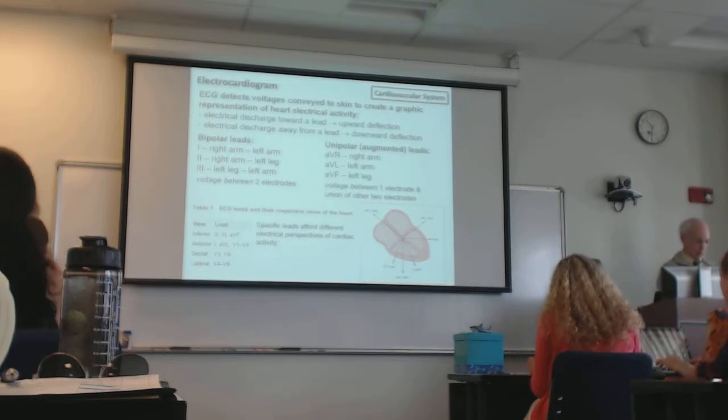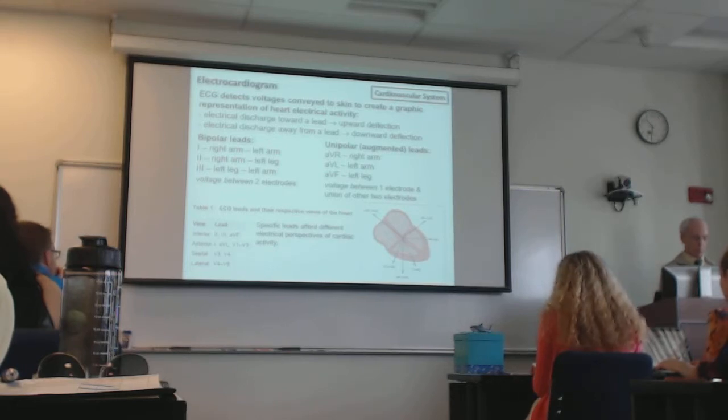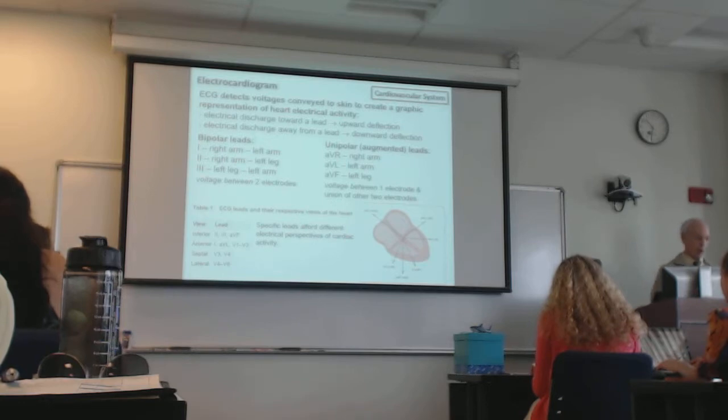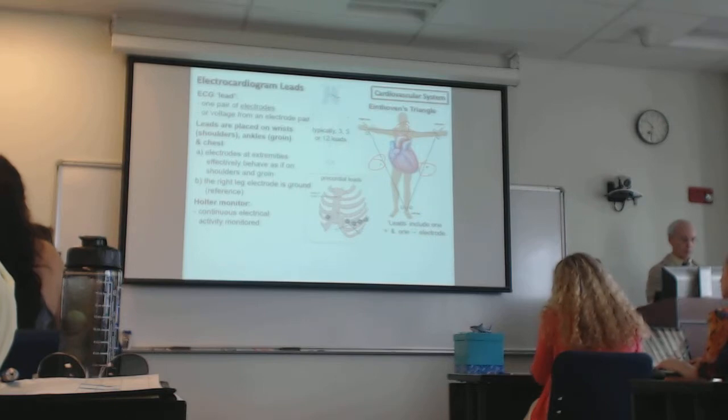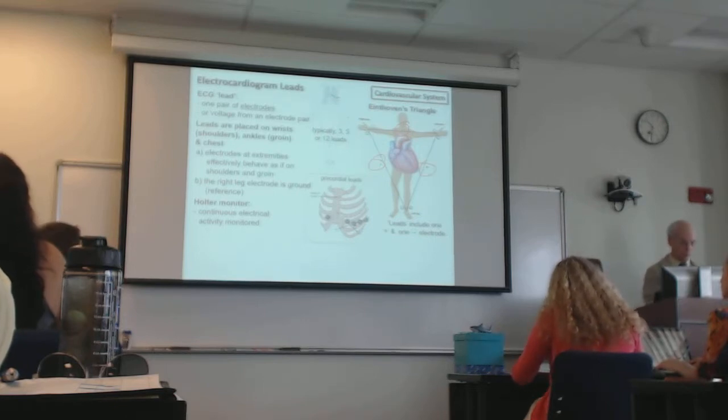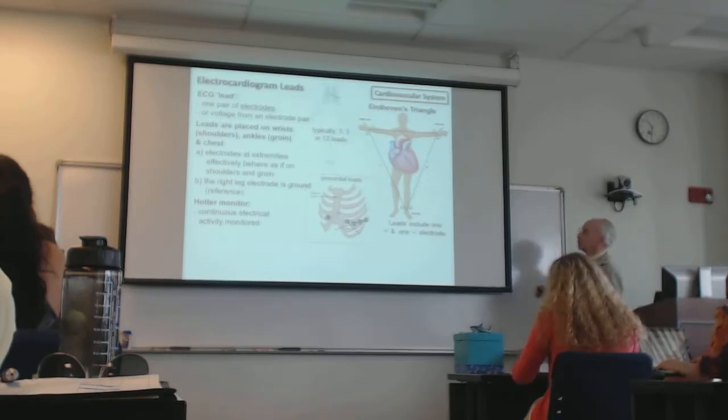So in the bipolar leads on an EKG, the voltage is going to be the difference between the right arm and the left arm. Number 2 would be the right arm and the left leg. Number 3 would be the left leg and the left arm, if you look at our illustration here. So you can see lead 1, 2, and 3, and I'm not so interested in you memorizing what leads 1, 2, and 3 are, but what I want you to notice,